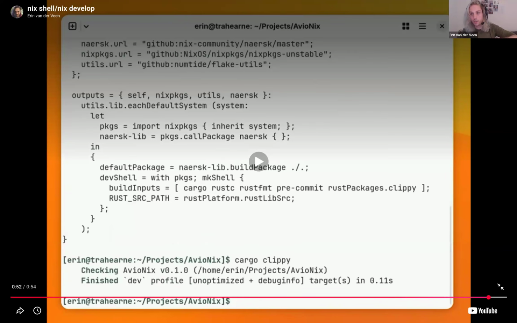Now this flake.nix refers to a specific commit of nixpkgs. So everyone who enters this dev shell gets exactly the same build environment, assuming they're all on x86_64 Linux. Right? If you're on ARM, you get a slightly different version, of course. Nix can't change the architecture of your CPU.